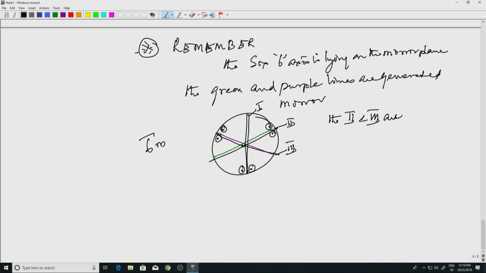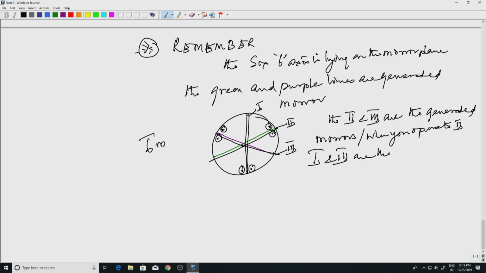The second and third are the generated mirror, or when you operate second, first and third are the generated mirror, or operate third, first and